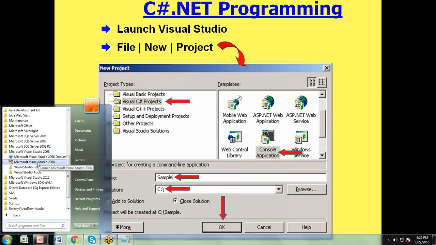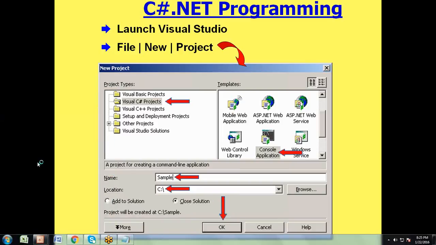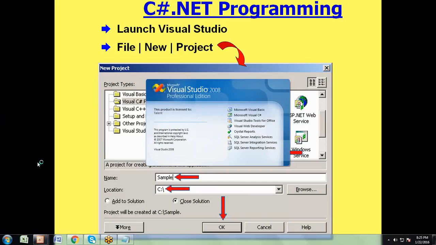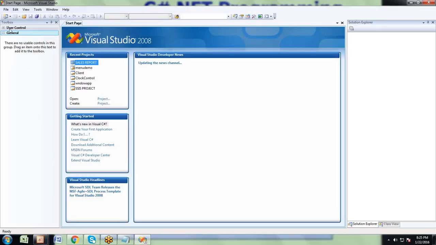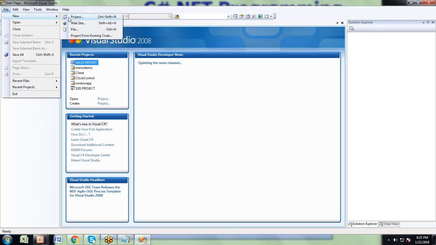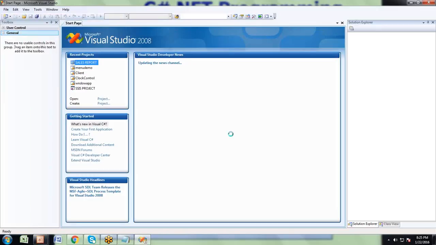Any Visual Studio you can use, not a problem. Go to File, New Project.